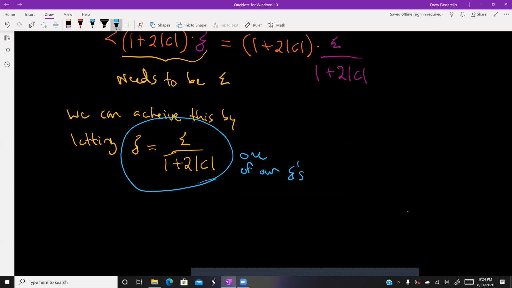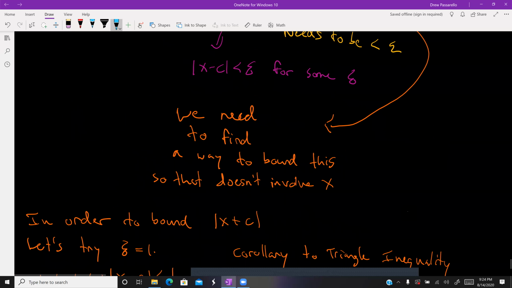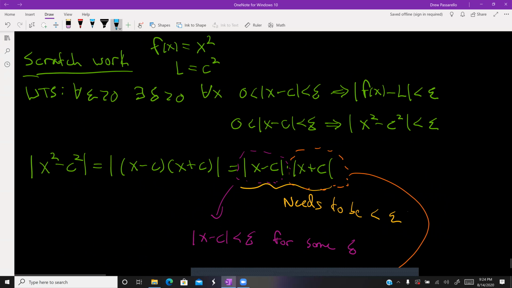So in order to guarantee the limit, we need to pick our delta, let's say call it delta star, to equal the min of 1 and delta epsilon over 1 plus 2 absolute value of c. All right, that's what we need to do. All right, just to recap,